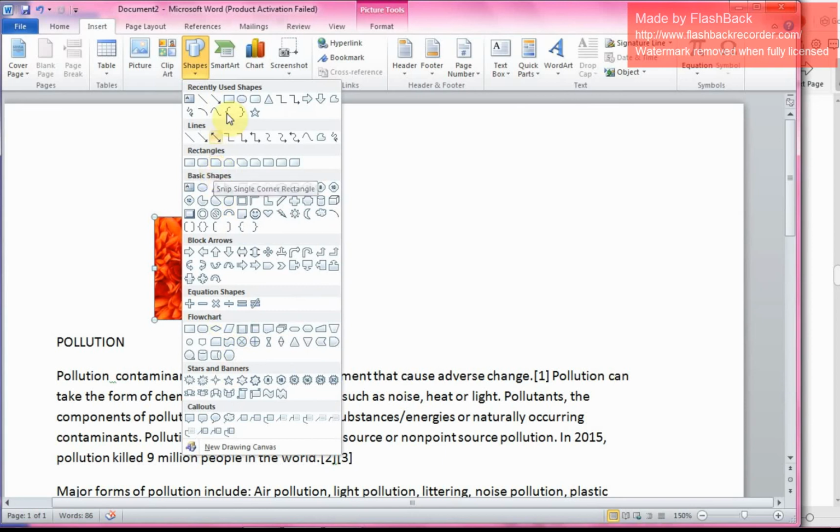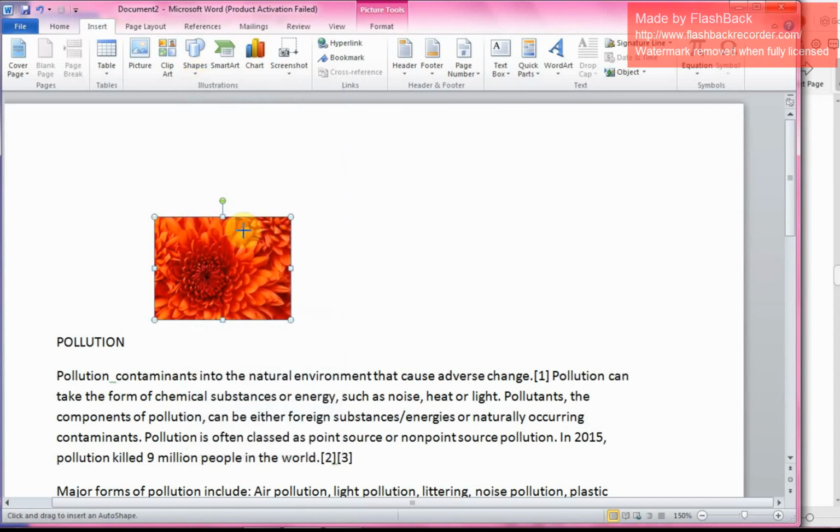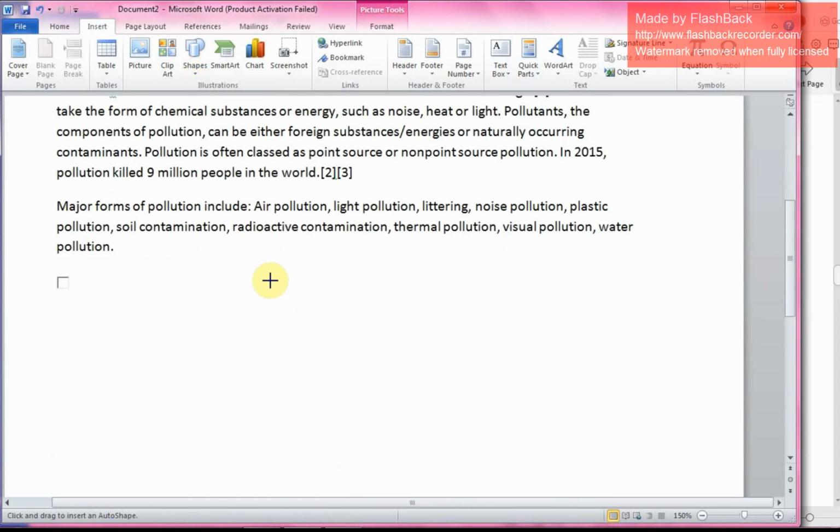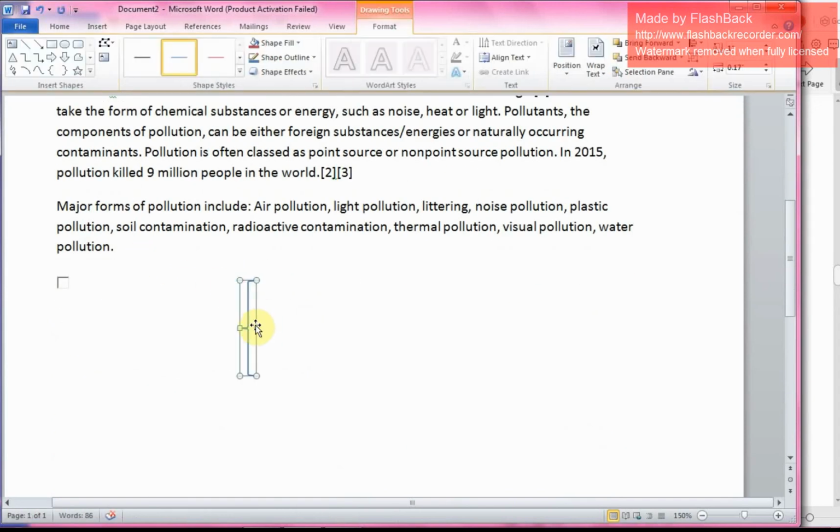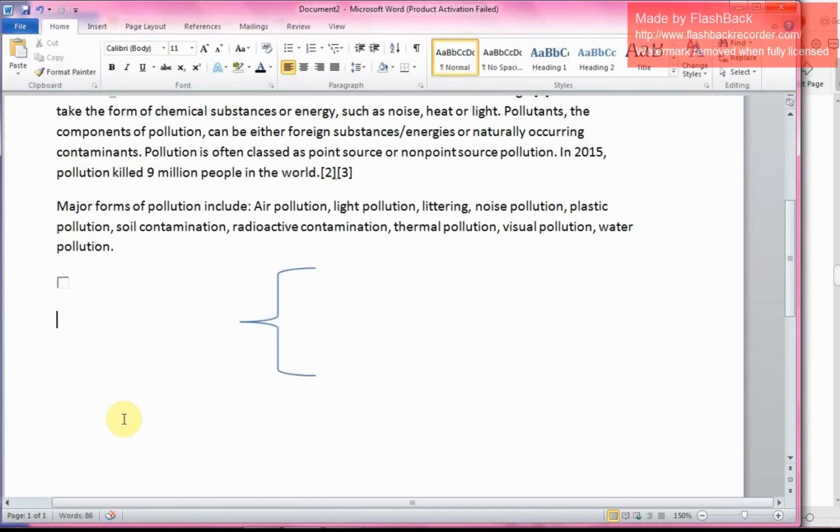Here is the shape option where we can insert special characters, symbols, each and everything. You can insert like this.